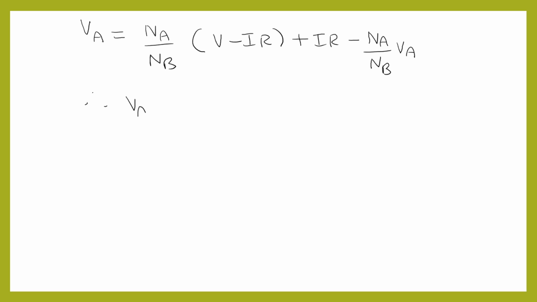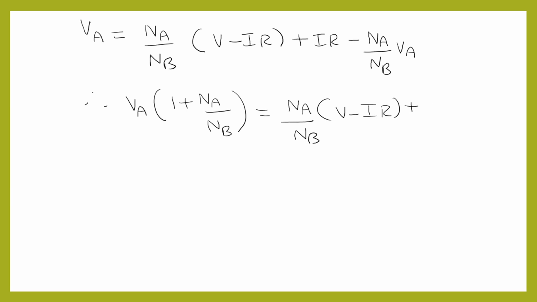Therefore, VA into 1 plus NA by NB is equal to NA by NB into V minus IR plus IR,